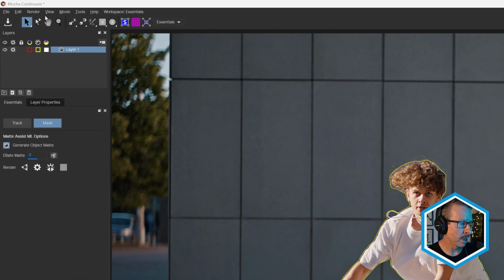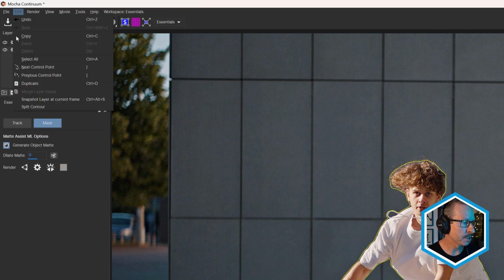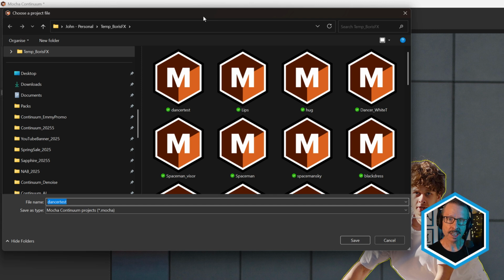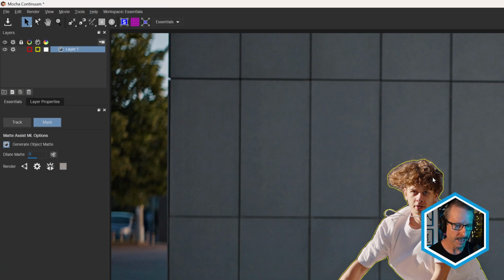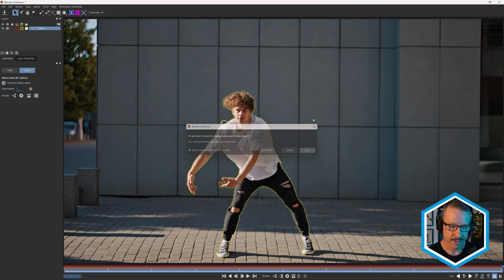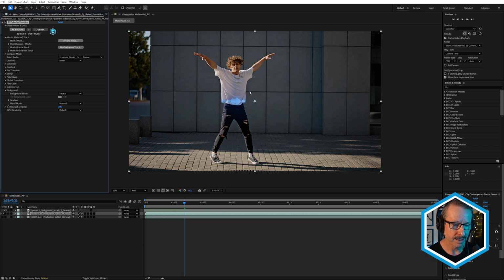And while I'm in here, what I'll do is I'll come up to the File menu and choose Export Project. And the reason I do this is because once I've saved my Matte Assist ML matte, I can use it again with other effects rather than having to redo it, recreate this for every effect. So I would just save that. You can see I've saved a lot of them here. Been doing a lot of work with Matte Assist ML. Just going to cancel that for now because I've already saved it and close that up. Save. And okay, that worked.